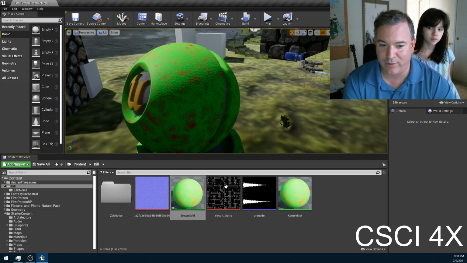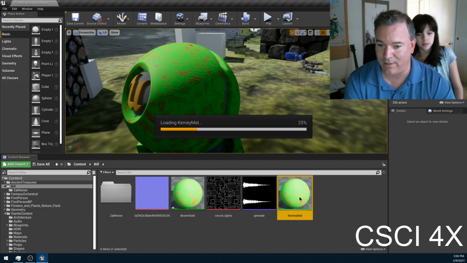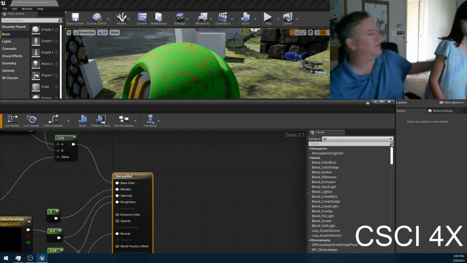However, now that I've made this guy brown and gold, I should probably live up to the name, right? So if you double click on brown and gold, you'll see it's actually different from Kearney Mat. If you double click, here,